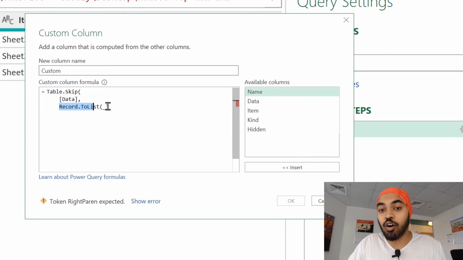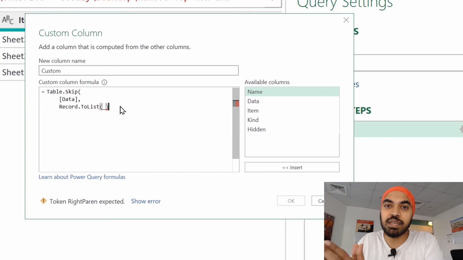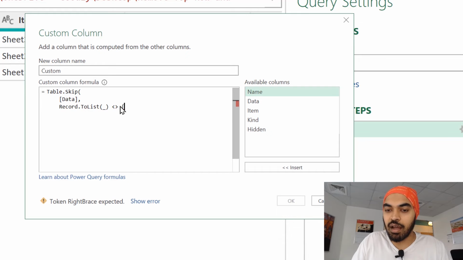Now, once you form that list, it needs to be compared with my own list, and in my own list, I'm going to create the legitimate headers that I want. What are the headers that I want? I'm just going to say that the headers that I want are date. To be able to form a list, you obviously have to use the curly brackets. So date, the second one is the category, and the third one is the value.